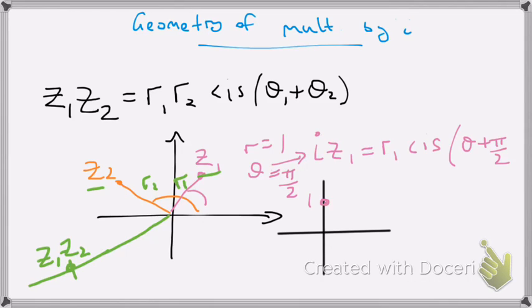So if I have some point for z1, which might be here, somewhere in the first quadrant, it turns out that i z1 is exactly there, where it's an isosceles triangle, an isosceles right angle triangle even more so, with the right angle at the origin there. It's a really important fact, and hopefully you can see as well that if I multiply by i squared,